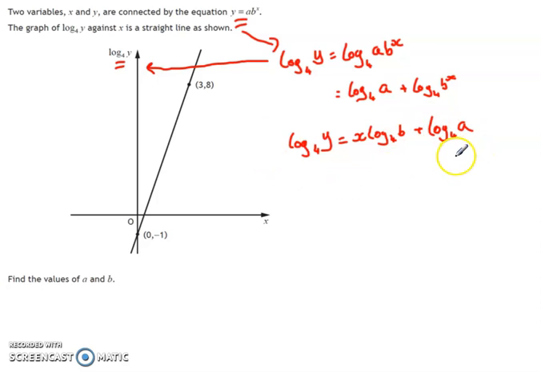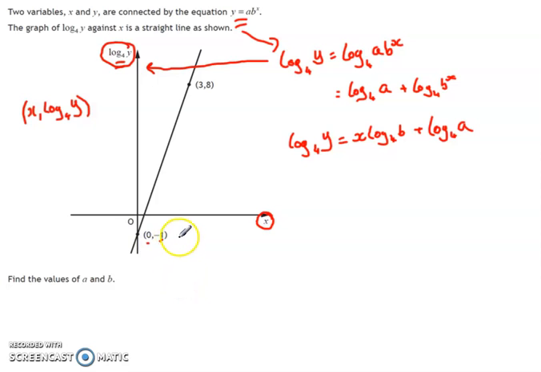So now I've got this written in terms of the relationship between x and log to the base 4 of y, the two variables. And you'll notice that when it's plotted, it's plotting x against this log to the base 4 of y. So each of these coordinates here essentially represents an x and a log to the base 4 of y. So if I were to use these in this, wherever I've got a log to the base 4 of y, I would substitute the y part of the coordinate,